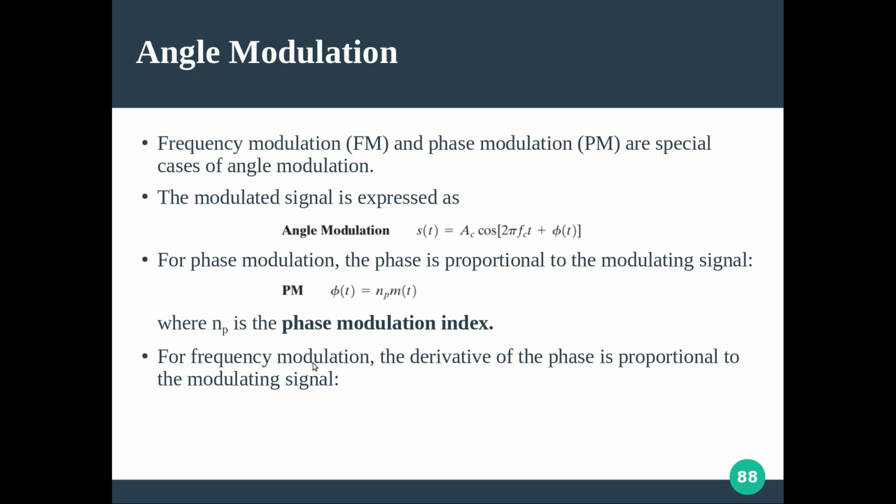Accordingly, you represent this like so: instead of phi of t, its derivative is proportional to the original signal, that is phi dash of t is proportional to NF into m of t. Here NF is the frequency modulation index. In amplitude modulation also we saw something like an amplitude modulation index. That mathematical derivation in more detail you don't actually need.